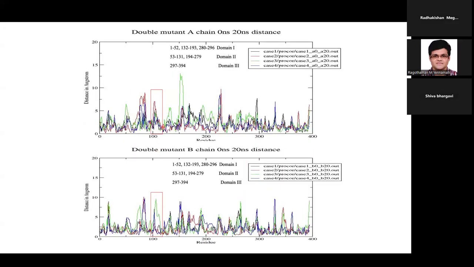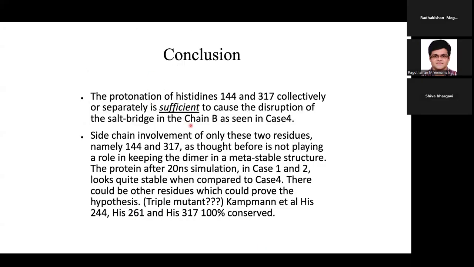When we look at the region where this particular fusion peptide is present and the mutation, we see some root mean square fluctuations in that particular region, which means those residues are playing a role and they are also getting affected because of this. So the conclusion was the protonation of these two histidines was sufficient to cause a disruption of the salt